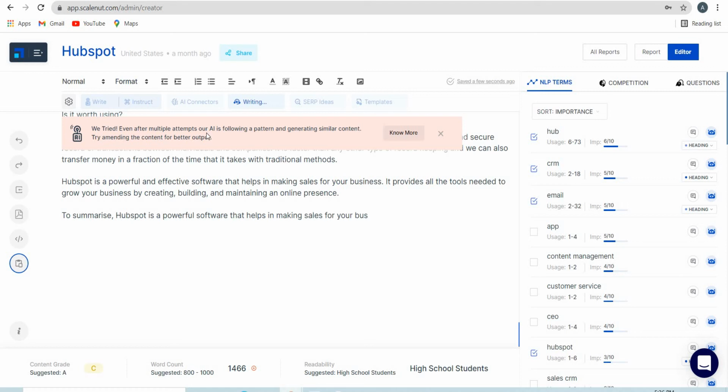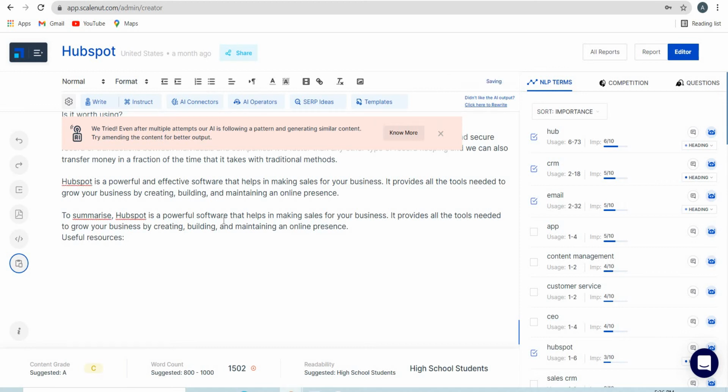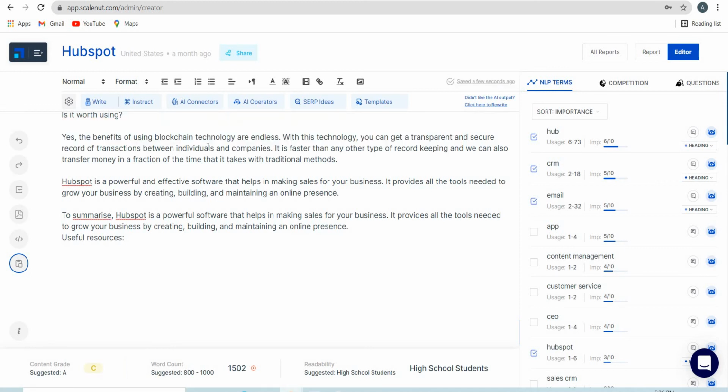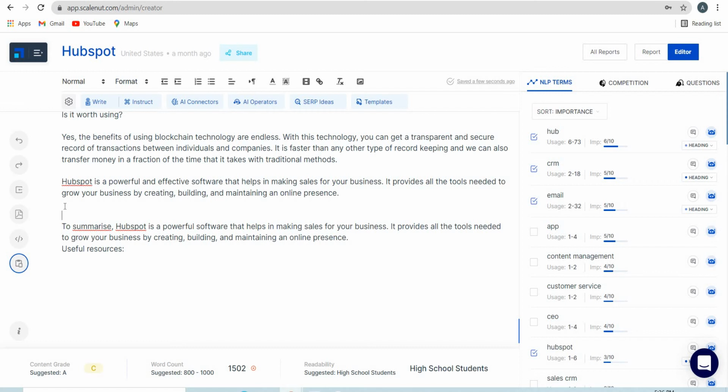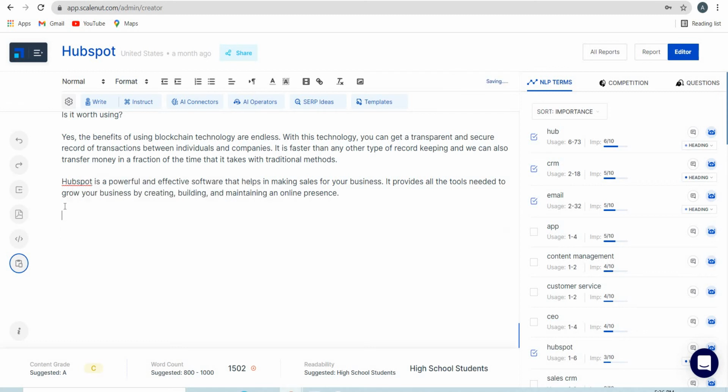So you see, even after multiple efforts, AI is following a pattern and generating similar content. So to summarize, HubSpot is a powerful software. So at times you need to give the AI some kind of information or some input, because the AI cannot do anything on its own until and unless you give it the right input, right? So I'm going to delete this paragraph, and I'm going to write over here, to summarize,